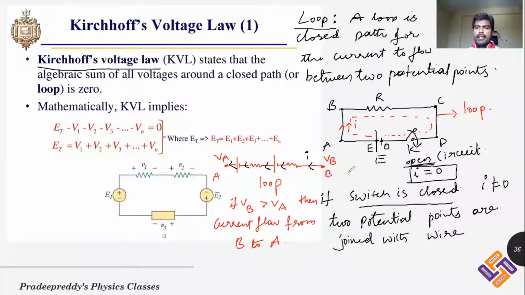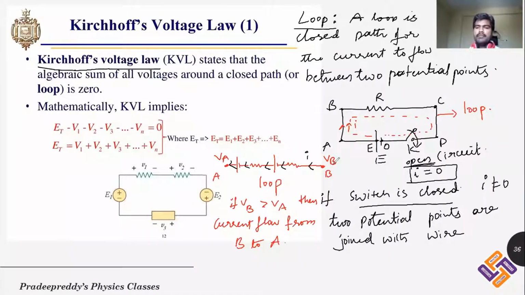So what does a loop mean? A loop is nothing but simple. You are connecting two potential points in the circuit with a wire. Like B and A are the two potential points in the circuit. It may be the complete circuit or it may be a part of the circuit. If there is some potential difference between two points, and if those two points are connected with a wire along with batteries or resistors or ammeter, any components can be used between the B and A potential points, which provides some path for the current to flow from greater potential to lower potential.